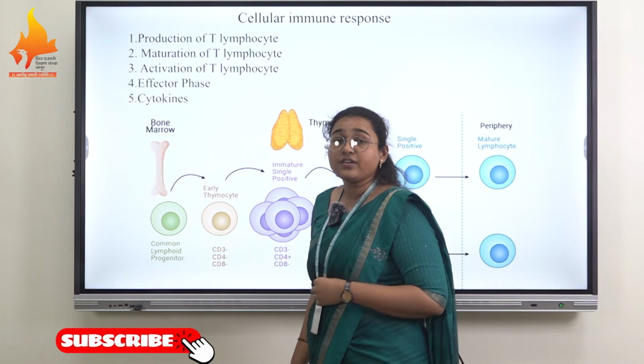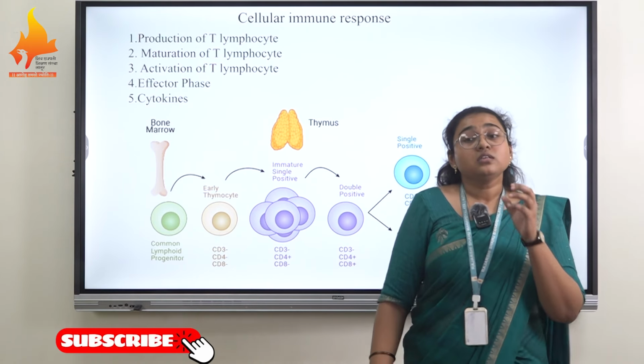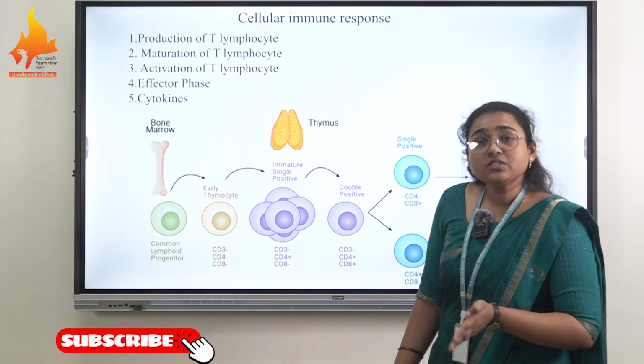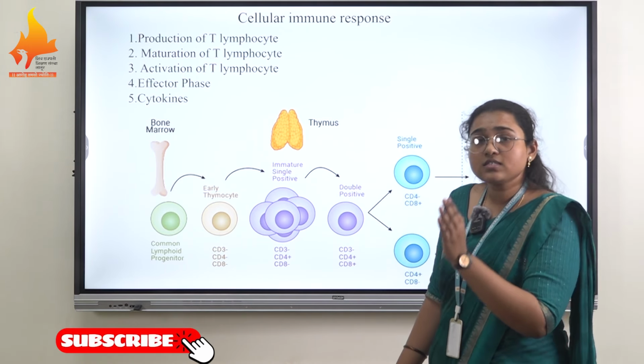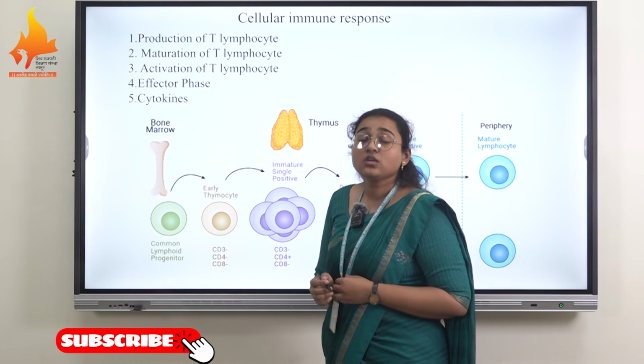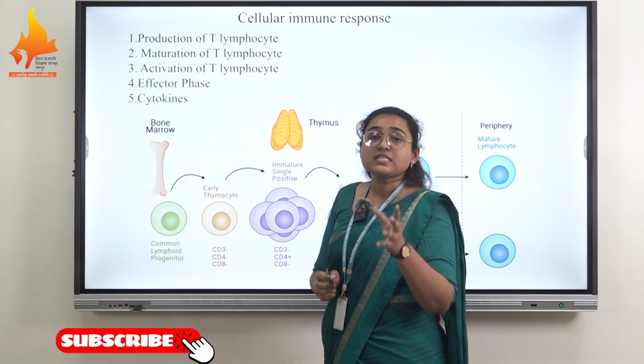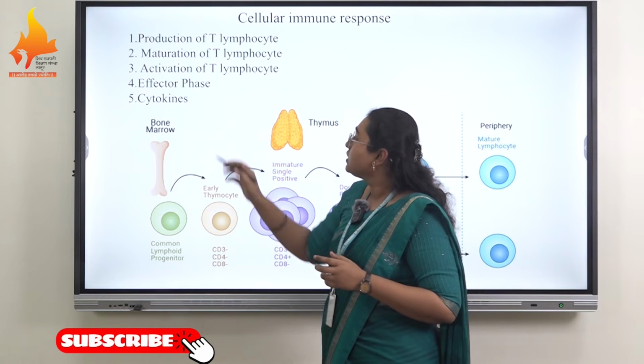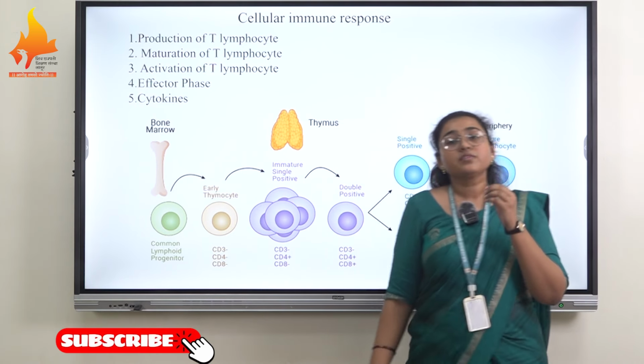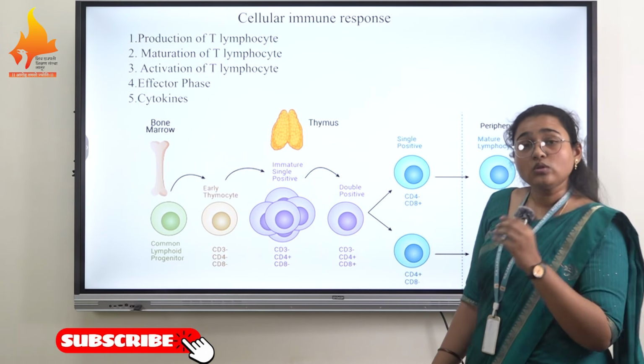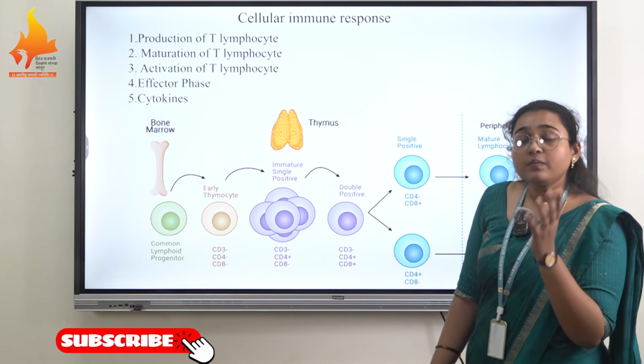Next one is the effector phase. In the effector phase, when the T cell differentiates into T cytotoxic and T helper cell, there is a production of these effector cells which eliminate the pathogen particle, pathogen molecule or antigenic molecule. So it is called the effector phase. Discussing the function of T lymphocytes, a major part is cytokines. Both T helper cell and T cytotoxic cell release some types of cytokine.